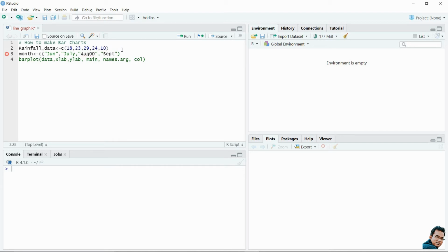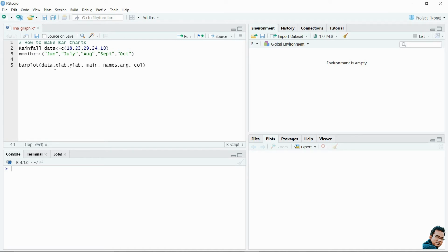I have made some mistake here. And finally the month October. So all these values are given. This is my y-axis value and this is my x-axis value. Using these values I need to create a bar chart of rainfall variation.